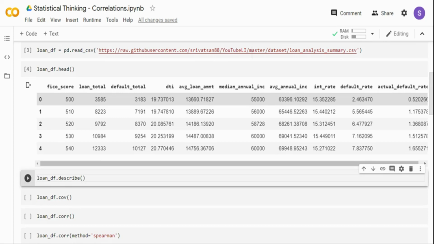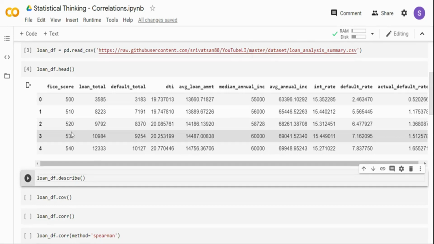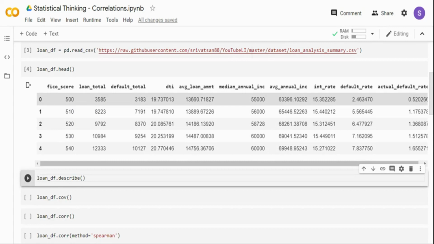The second is that a bank does not typically lend to all FICO scores. They usually have a cutoff. Any FICO score greater than 650 is typically considered prime, and they extend better credit to them. That said, some banks also operate on subprime borrowers who have a credit score of 500 and above, but typically they get a higher interest rate on their borrowing. So this is the FICO score column, then the number of loans within that FICO score, and